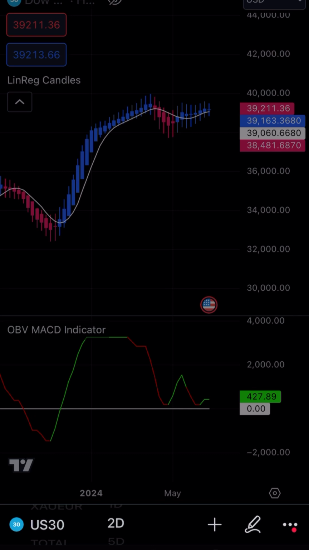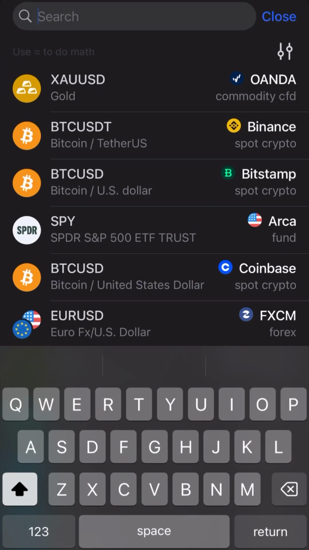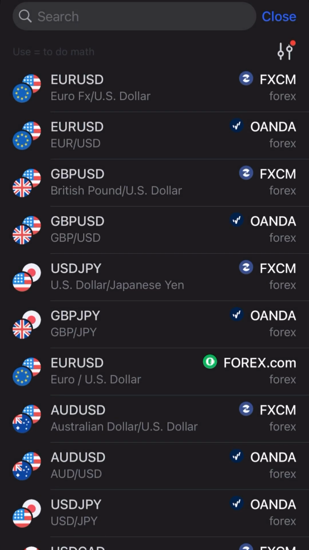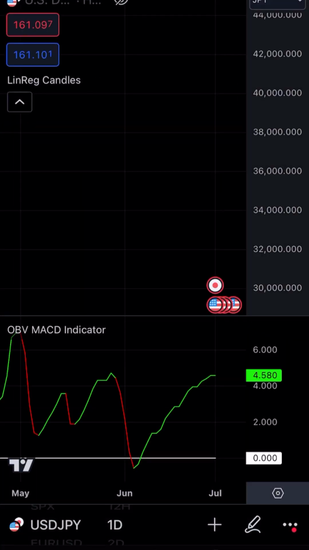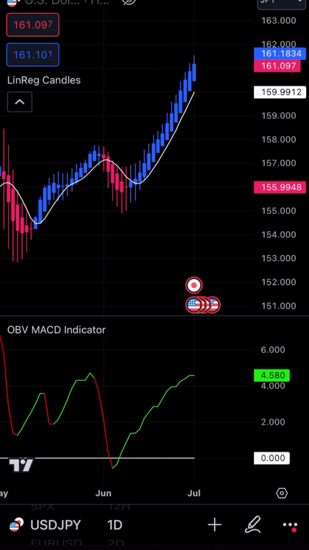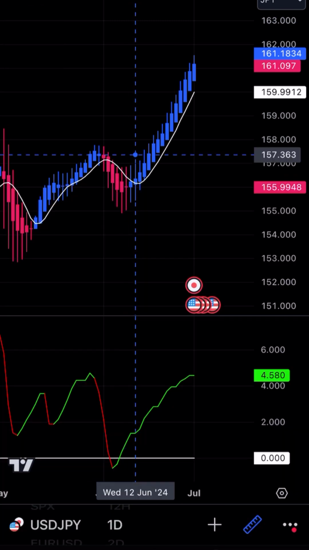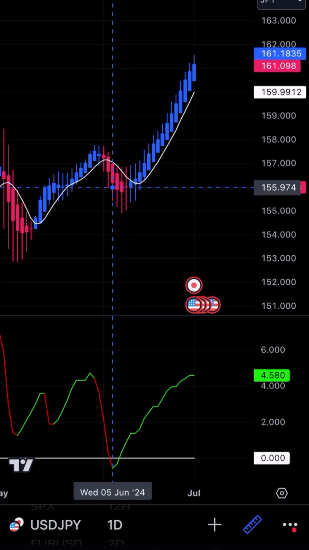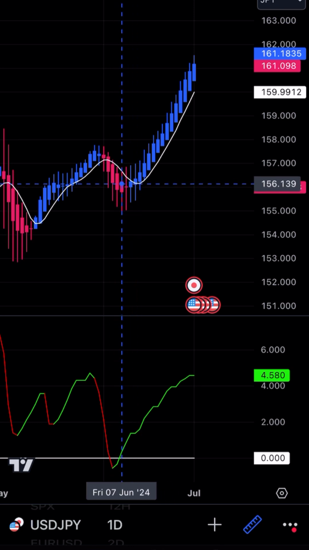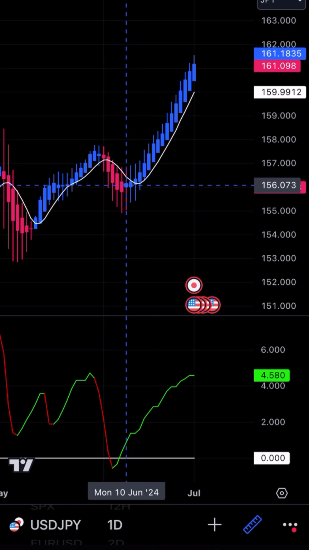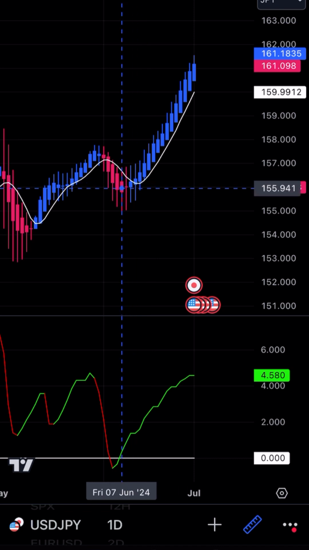But right now, let's go back to the day, and let's look at a couple Forex pairs, see how this works. So it's the same thing. Now we're going to be looking at the US dollar with the Japanese yen here. So we see it crossing right here. Now you see it's not happening. There's not a match. This is not a match, but even though it's a good trade, it's not a match